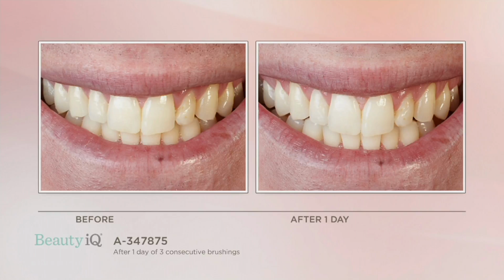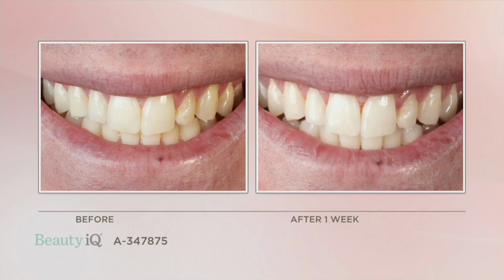You're cleaning, and that Calprox is very effectively whitening, but we're also remineralizing. The calcium, the magnesium, and mineral phosphates in the formula are also strengthening that enamel, adding minerals back in, and then at one week. So again, if you saw that person, you'd say,